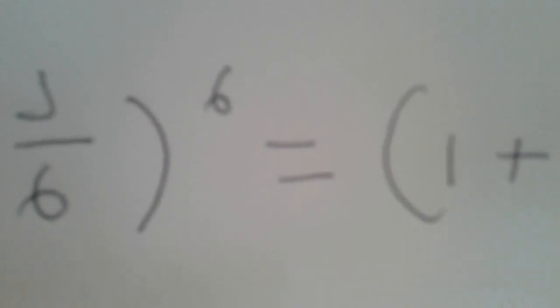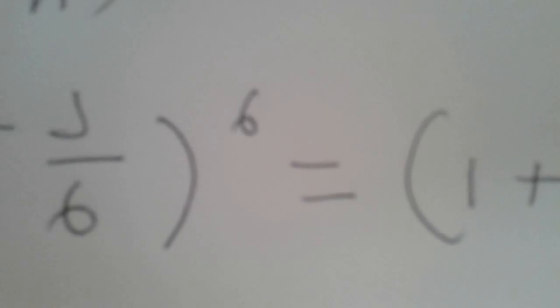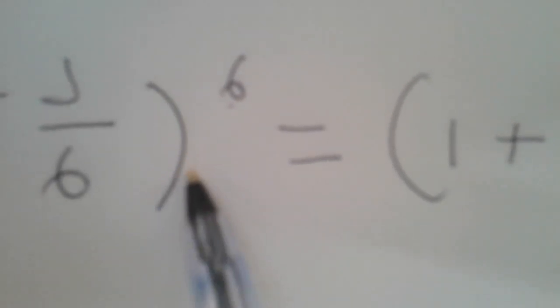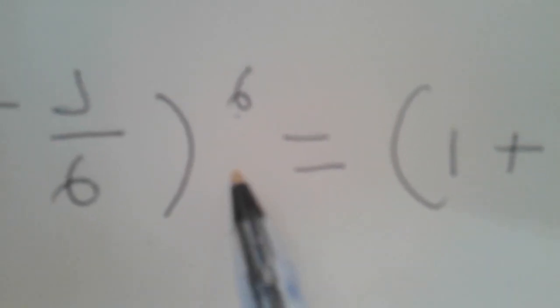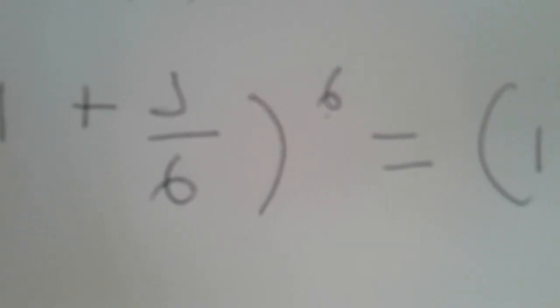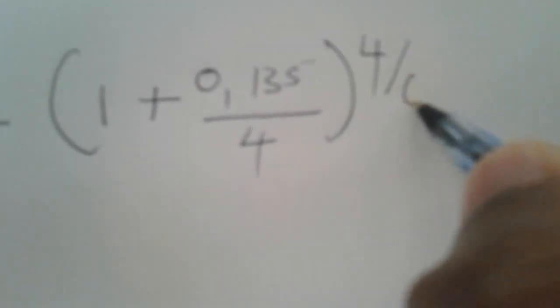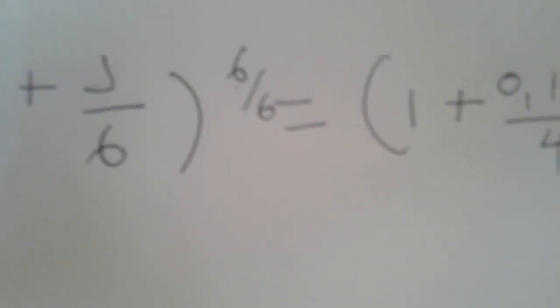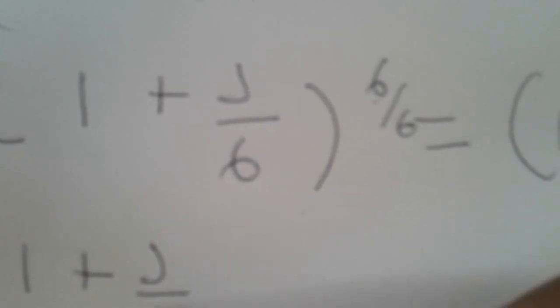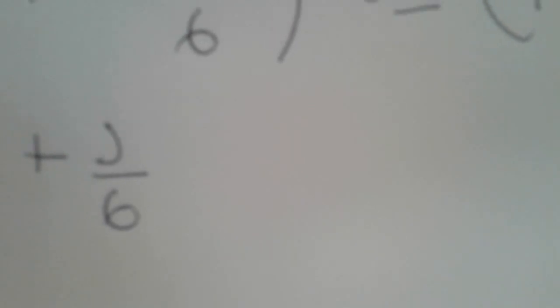So now let's start. The first thing is to make the power 1. This power, which is 6 here, must be 1. Why? Because we want to get rid of this bracket. So what do we do then? We divide both powers by 6. If I divide this by 6, and I also divide this by 6, my answer is going to be 1 plus j over 6, and the bracket now falls away,